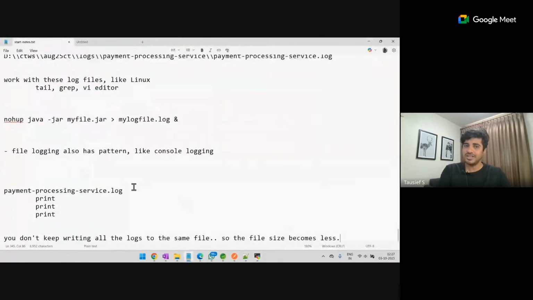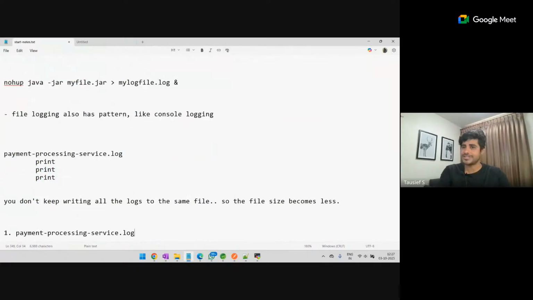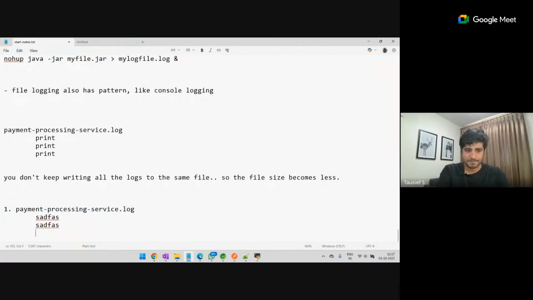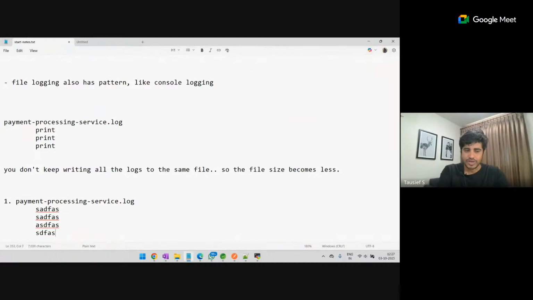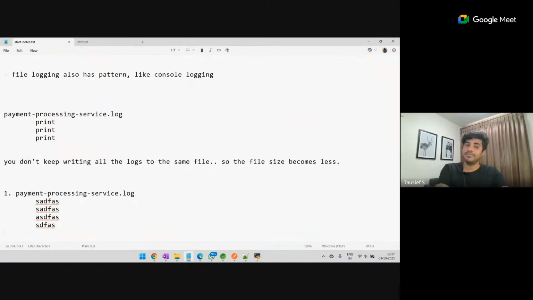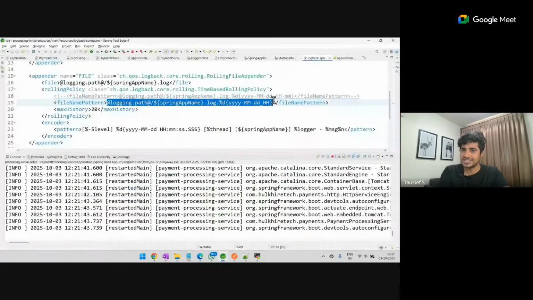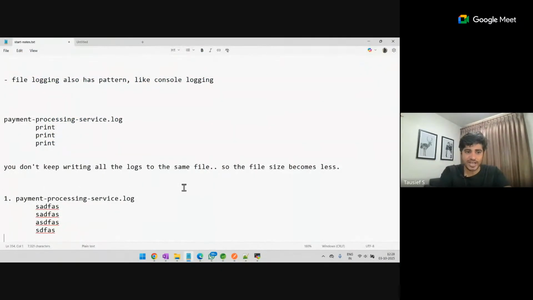Initially the first file is created. There is no backup, let's assume. The first file is created. All logs are going here. Now we have set up a time-based rolling policy. Time here, in our configuration, is saying hourly. Time-based rolling policy means hourly, means every 1 hour. What is going to happen? As soon as 1 hour passes,